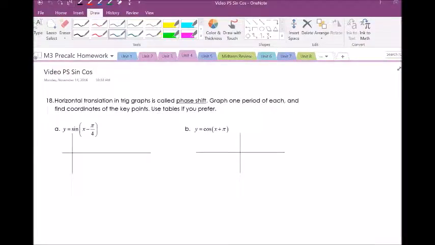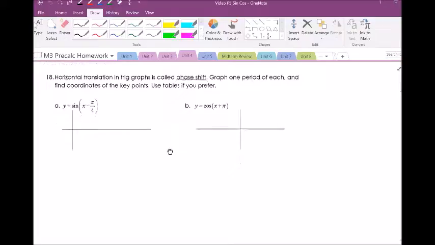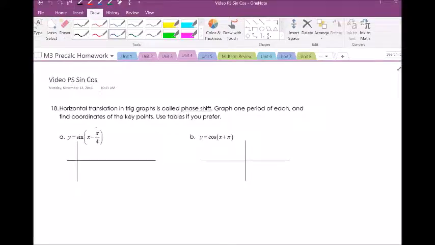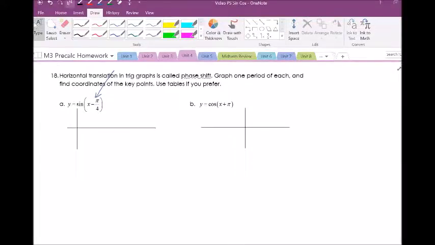This is number 18A and B from page 5 of packet 1 for unit 4. In these graphs, we're applying a phase shift. Just like what you learned at the beginning of the year, if we see something subtracting from the x in the parentheses in the function, that actually slides the graph to the right pi over 4 units. If I use a table,